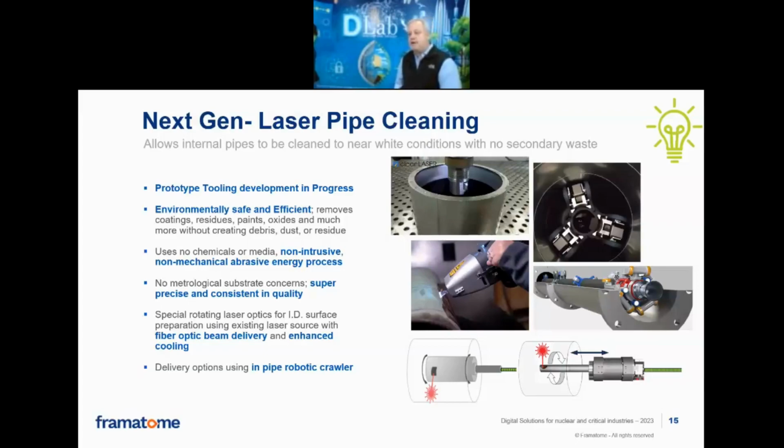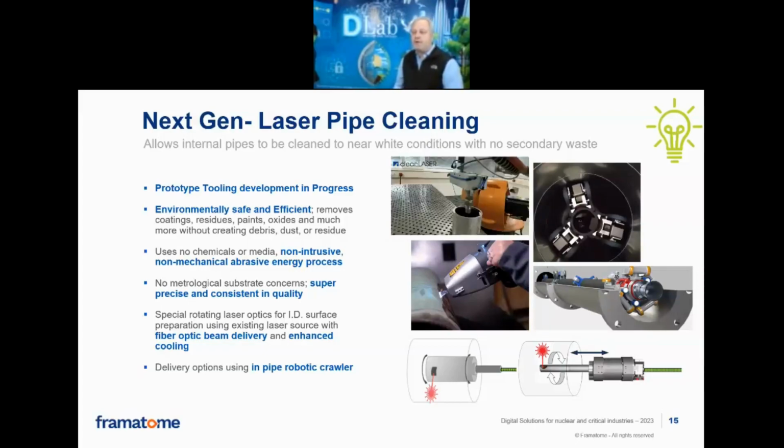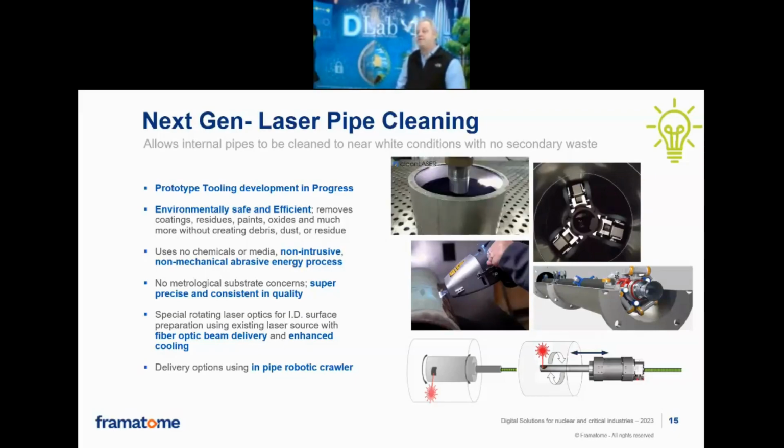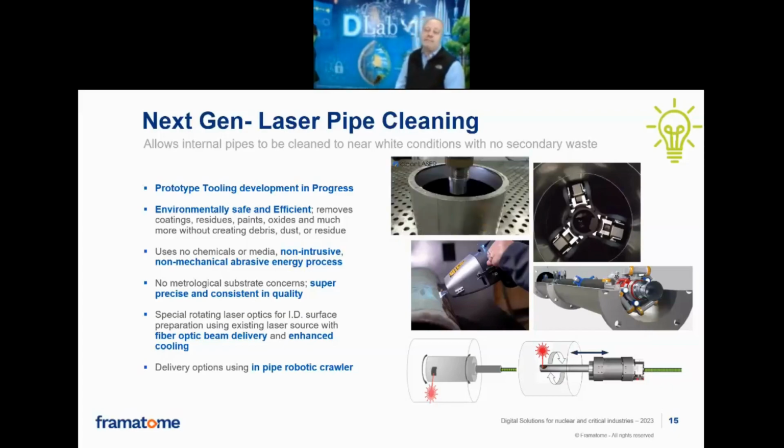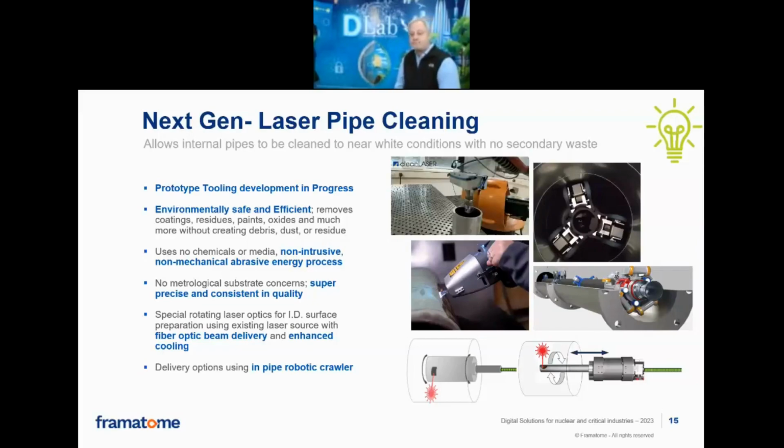So would this technology be used to clean the entire surface of the pipe from one end to the other? Probably not, but it will give you an area where you can go in and concentrate on either high contamination buildup. It can concentrate on a tar liner that's on the side to be able to effectively remove that to be able to use the next process of your step.